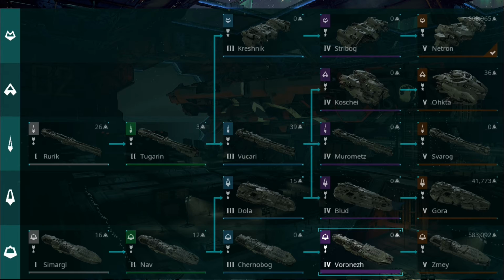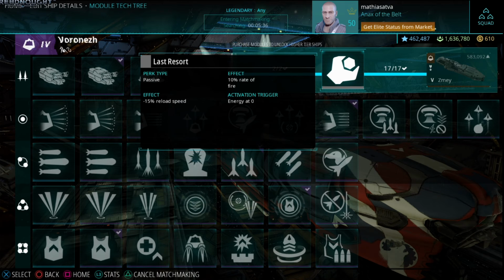The first, of course, slow and steady with the Chernobog, but if you continue on to the Voronezh on your quest to get the Zeme, which allegedly is the king of the battlefield, and there's a lot of evidence to support that, there is Last Resort in Tier 4 on the Voronezh. So, Last Resort is pretty interesting. It got changed out, and it's not the original officer briefing that came with the Akula Vector line, and we're not going to go too much into the history of that because we want to keep this pretty short and